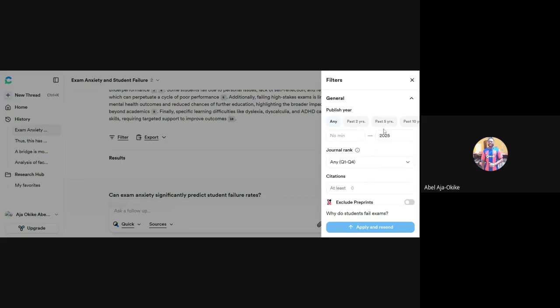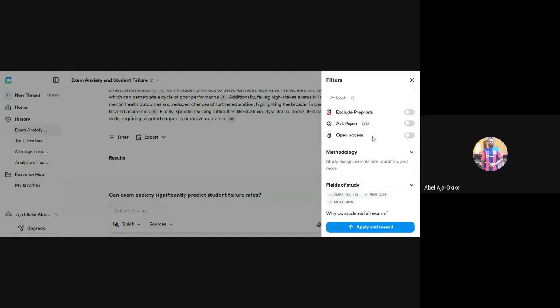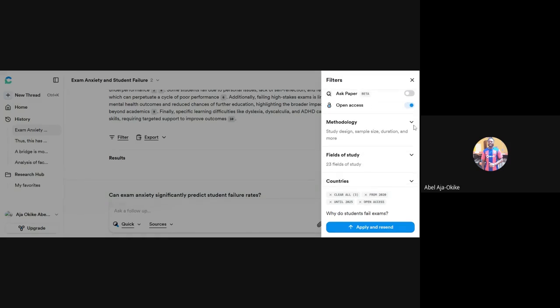Another thing we can do here, we can click on filter, and let's say we don't want just any random paper. We only want the last 5 years or the last 10 years. We click on this, 2020 to 2025, and then the next thing, we can choose open access. Yes, because it's very important that you have citations you can verify and know that they exist. So you can click here, and then methodology, you can set it to what you want. You can decide whether maybe this is the type of study you want. Is it a systematic review? And so on. So that is it. Then the next thing we do is apply.